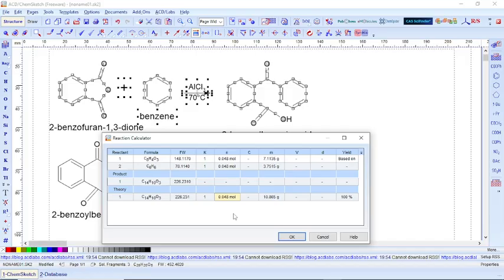So invariably, for me to achieve 10 gram of anthraquinone, the final product, I have been able to use my reaction calculator to know the amount